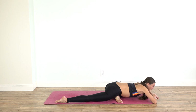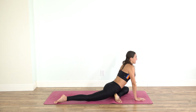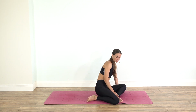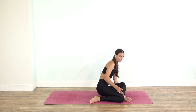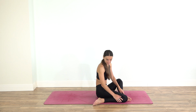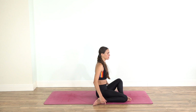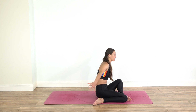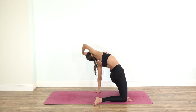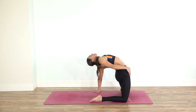Inhaling, slowly begin rising up, and you can roll to the left side and bring your right knee in, bring it to touch the sole of the left foot, so your left shin stays parallel to the front of the mat and your right heel is to the outside of the hip. And now you're bringing your left palm to the floor and circling the right arm forward and left and up, and you're rising up, pressing the shin bones into the mat, stretch through the front of the hip,